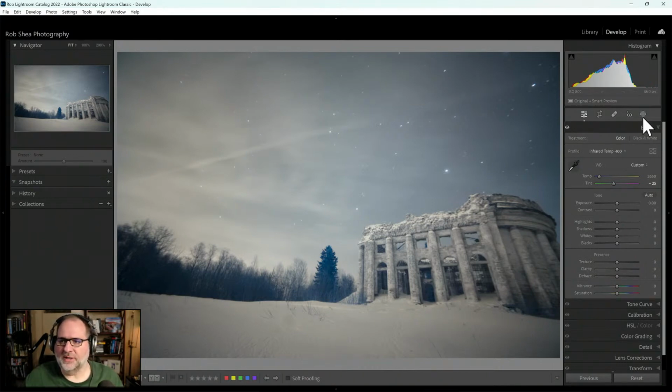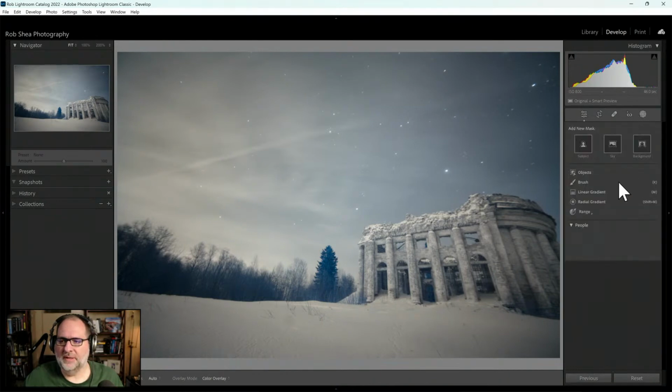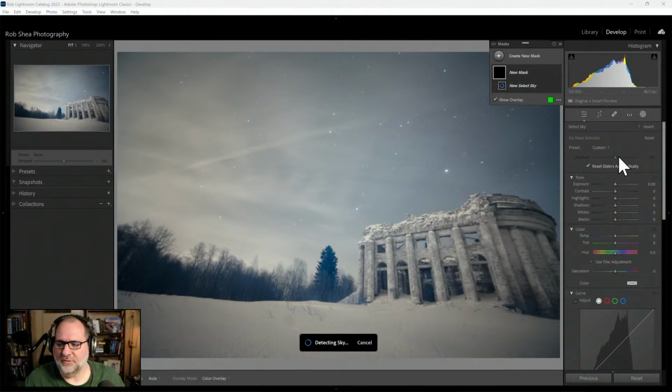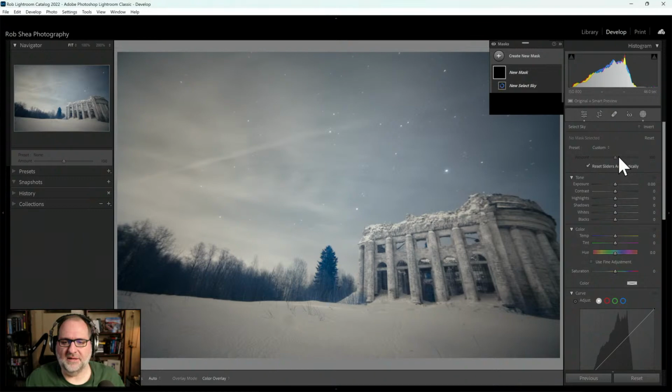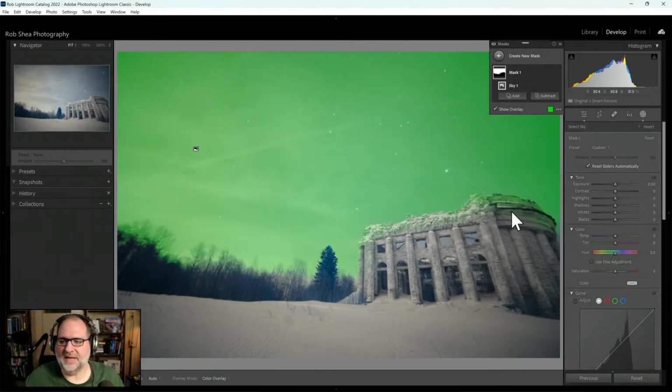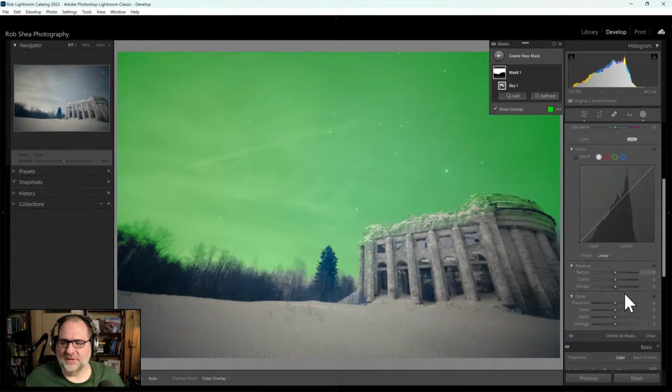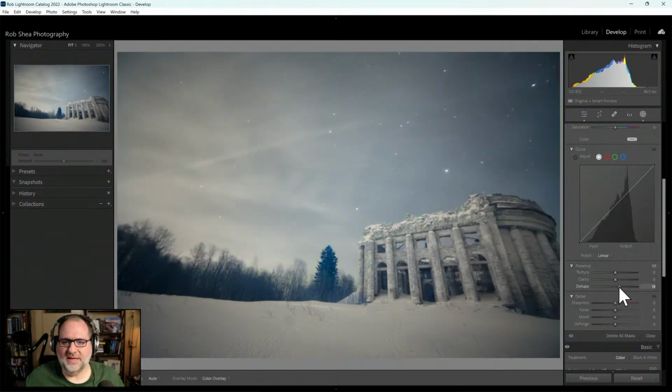So let's go in and do some masks, and I will pull up the masking tool, and let's do a select sky and see what a select sky results in. Give it a second to think here. It picks up the sky, and now I can look and see what some of these settings will do. The first thing I'll do is look at a dehaze, because that'll really bring out some of the